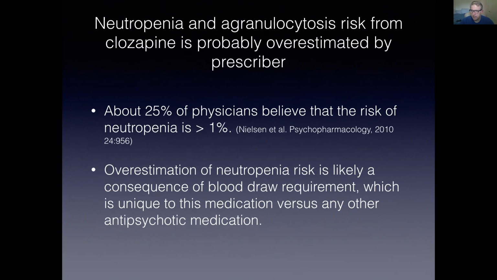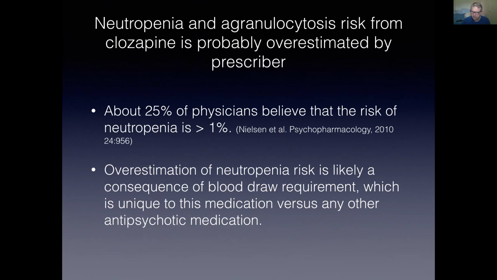And the neutropenia and the agranulocytosis are, according to what people tell me about their fears and concerns around clozapine, they loom very high in the concerns that clinicians as well as patients have around clozapine. It turns out surveys actually show that clinicians tend to significantly overestimate the risk of neutropenia and agranulocytosis. And it's probably a much higher number of people in the general public. The overestimation of the occurrence of these side effects is understandable